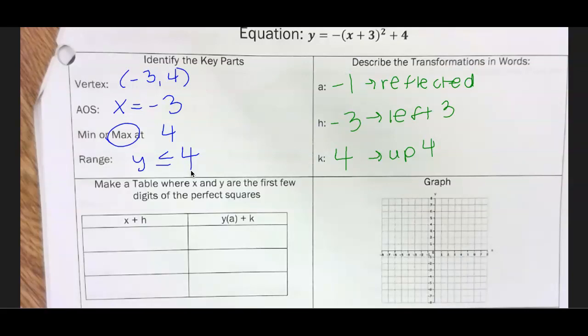Okay, let's fill in our table. What x values never, ever change in the table going down? Yep, the 0, 1, 2, right? The y values always go. We said my h value, -3. My a value is what? My k value is